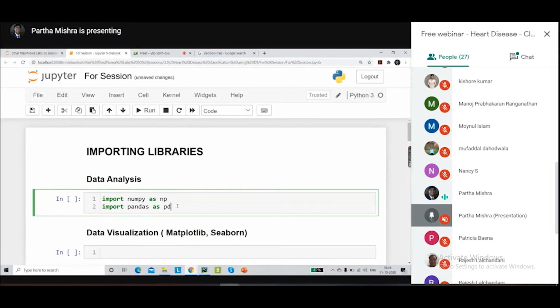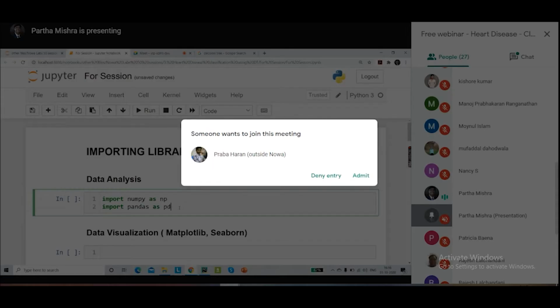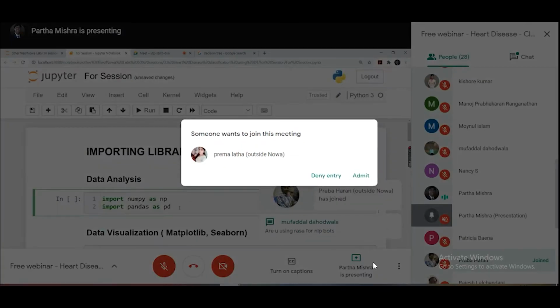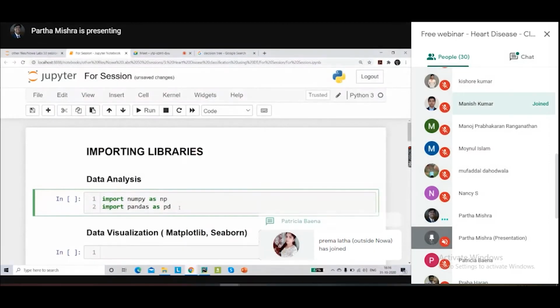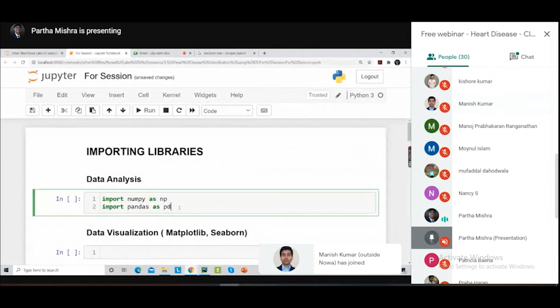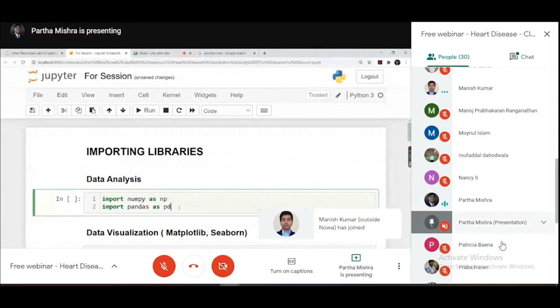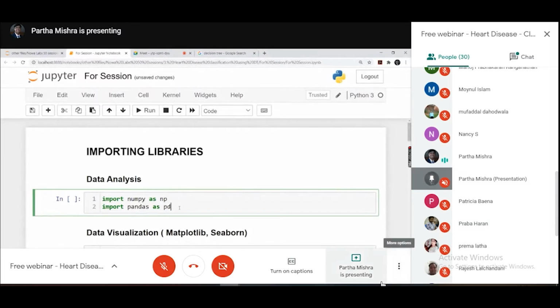NP and PD are nothing but aliases. Instead of writing NumPy or pandas in full, people generally prefer using shortcut names like NP and PD. So if you're doing a Google search, or one of your seniors has given you some Python code, and you come across PD or NP, you can easily know which libraries have been used. If you see PD, it means the pandas library has been used.